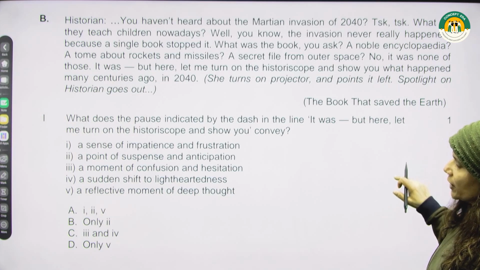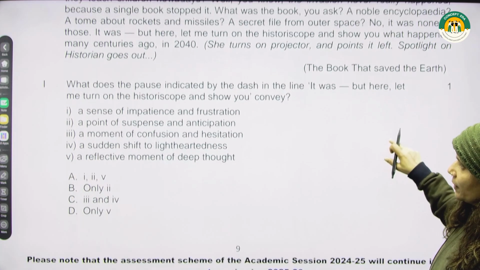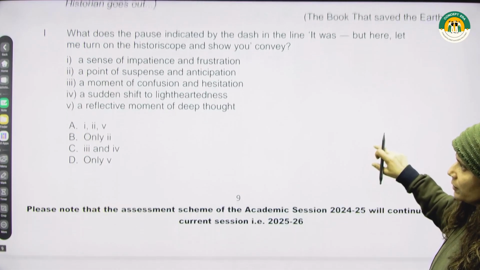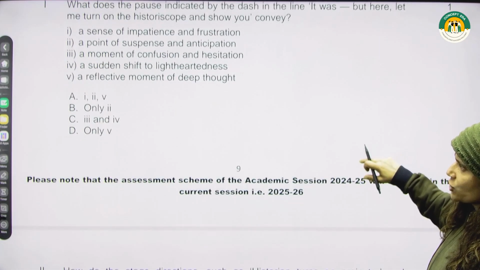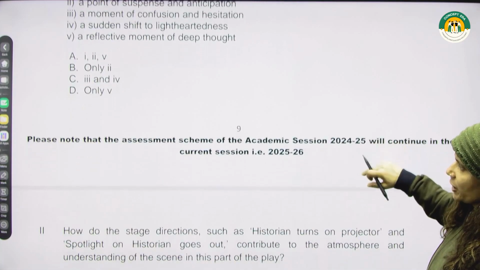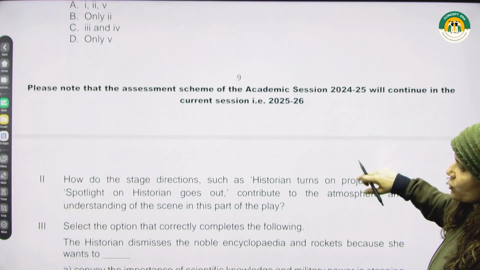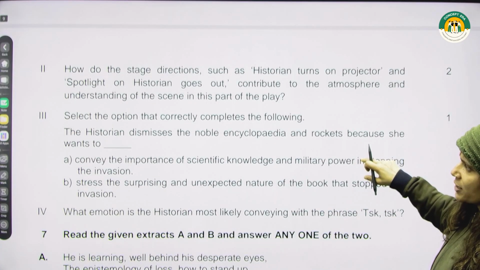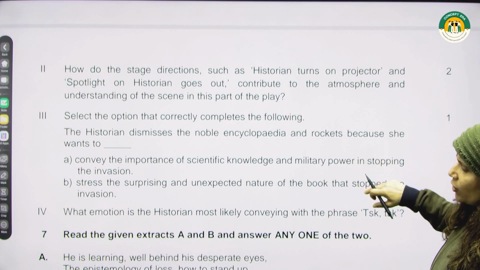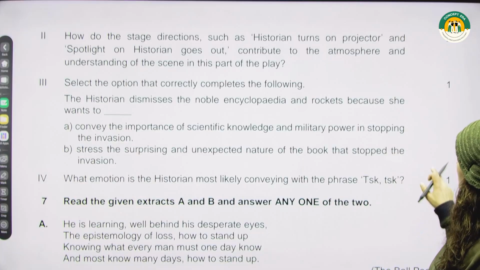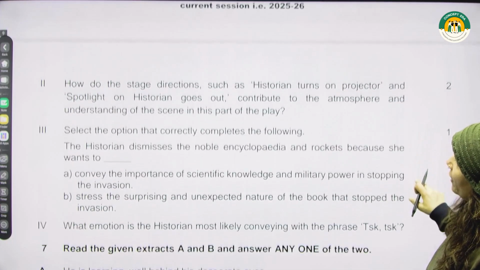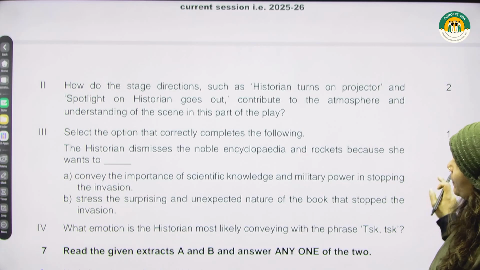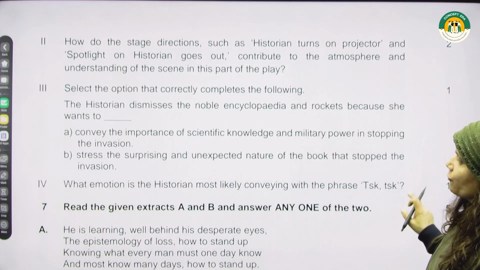Even this question carries 5 marks, and the questions are both multiple choice questions and subjective questions. So the number of questions here again is 5. There are 3 questions which carry 1 mark, while there is only 1 question which carries 2. You can see question number 2 here carries 2 marks, while question number 1, 3 and 4 carry